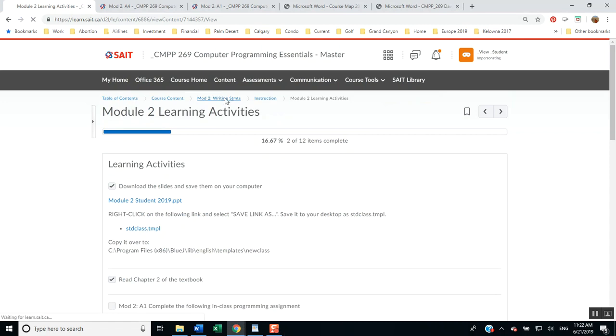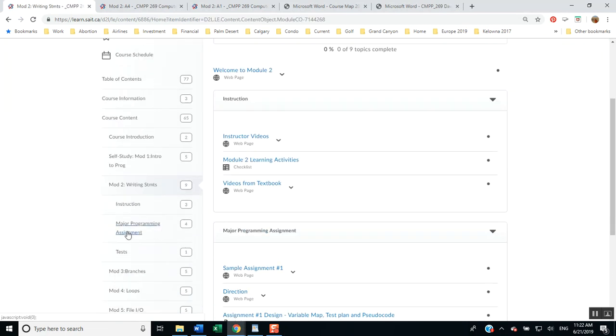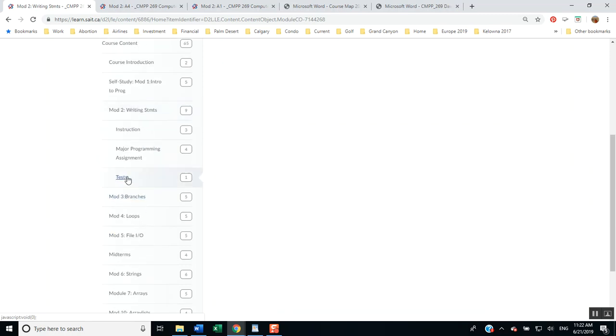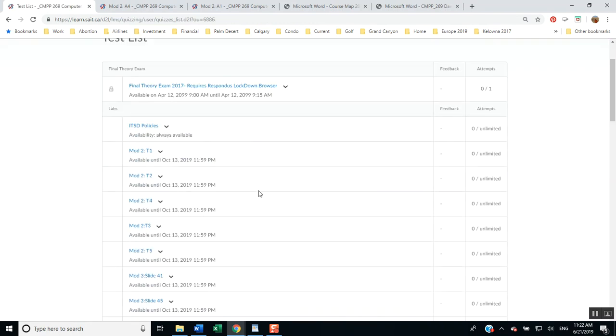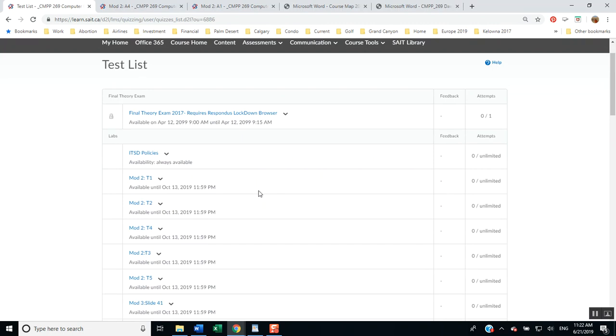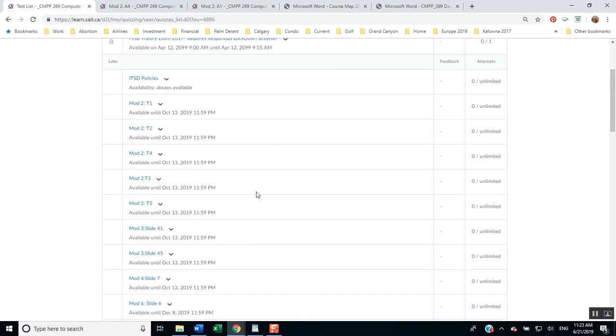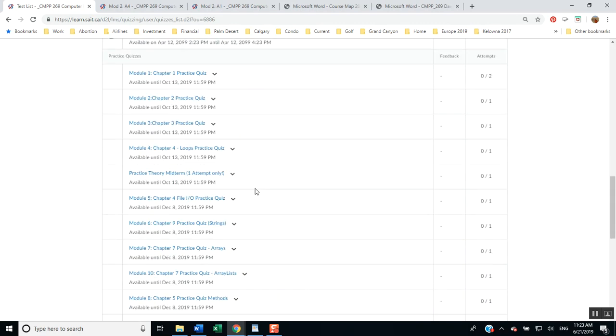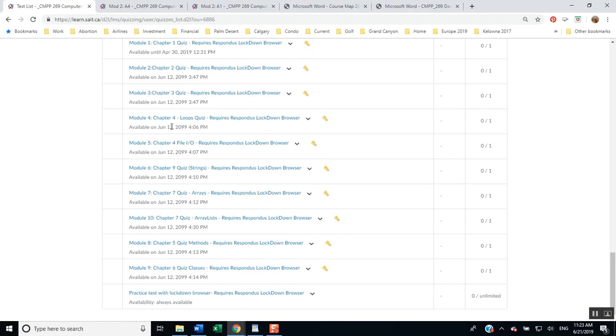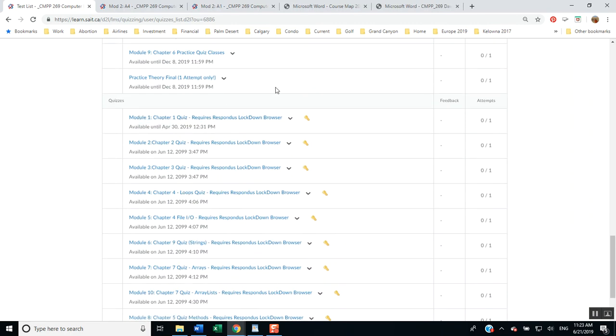Okay, other things to note. So we're in module 2 there. If there's a major programming assignment, there'll be a subtopic related to it. The tests will show you where the tests are. For the tests, I just show the practice quiz. When you want to actually do the real test, you look underneath assessments, tests, and that's where the real tests are. These little lab things underneath tests are little in-class tests that you do. Students can do them over and over again until they get 100%. And then there are the practice quizzes, you see them. And then of course the real quizzes, which you'll do in class using the lockdown browser.